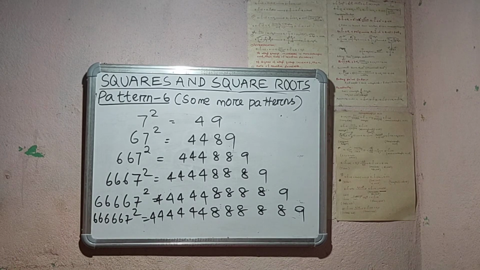Then in the next class, we will discuss the first exercise of squares and square roots. Okay. So before going to discuss this topic, you should very consciously see all the patterns of square numbers, the properties of square numbers. Okay. And the most important thing is you have to remember the squares. You have to remember all the squares, minimum 1 to 30 squares. Okay. So see you in the next class. Thank you.